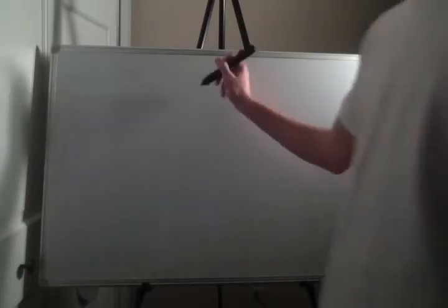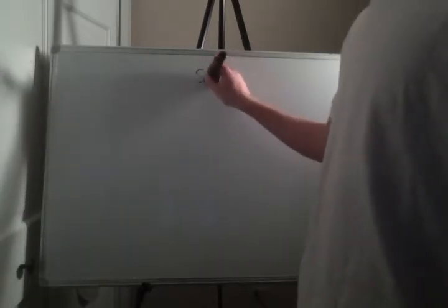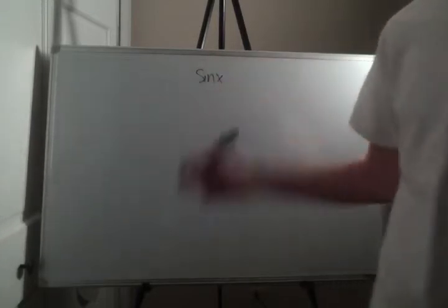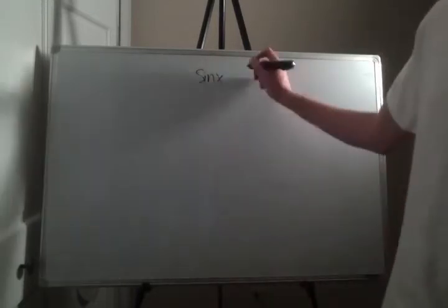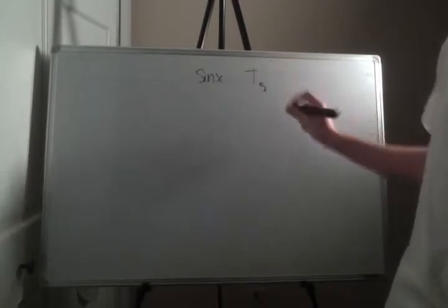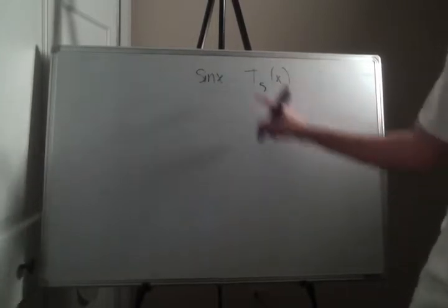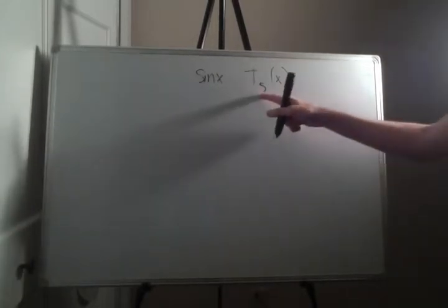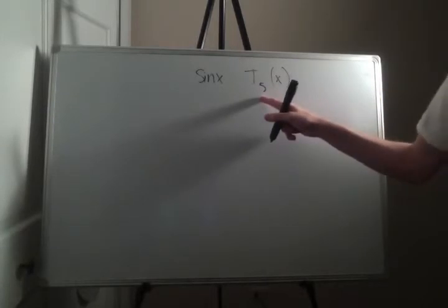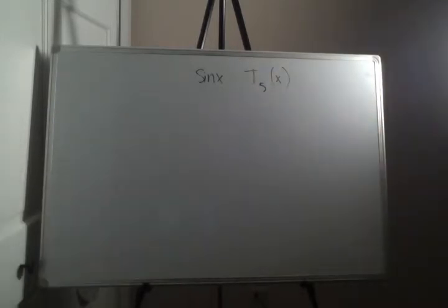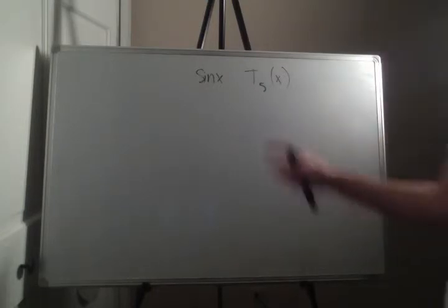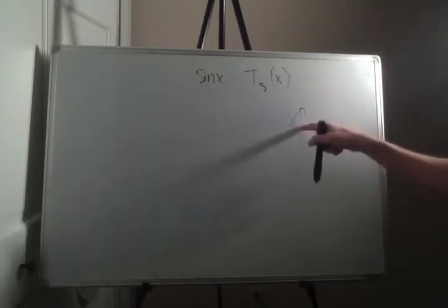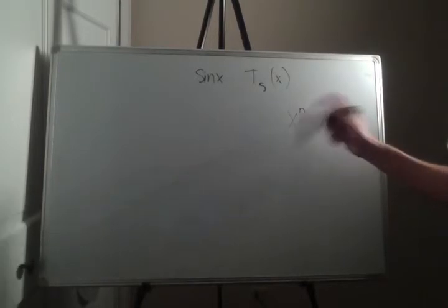And so, for example, let's say you want to find a Taylor polynomial for sine of x centered at x equals 0, and we want to find T5. So this is the notation. It can sometimes also be T5 of x. Taylor polynomial, and you want the highest power to be 5. That does not mean you're going to do 5 terms. It means that the highest power for that x to the n on top of the Taylor series is going